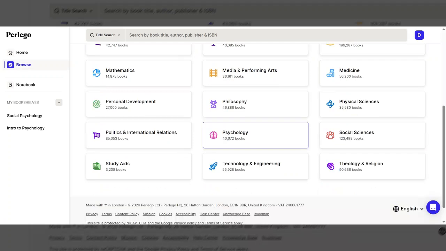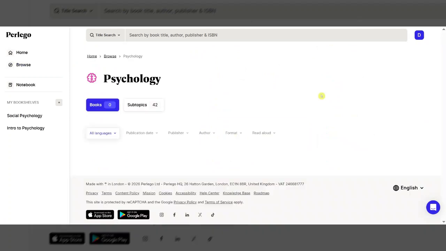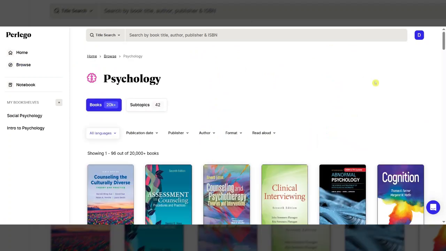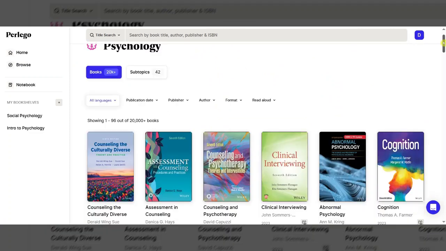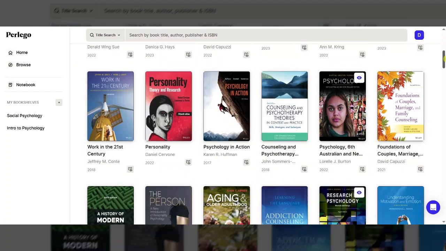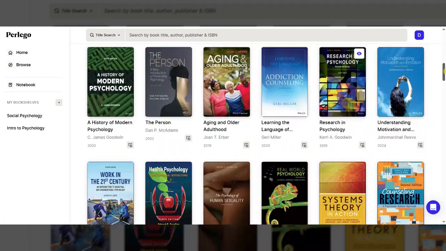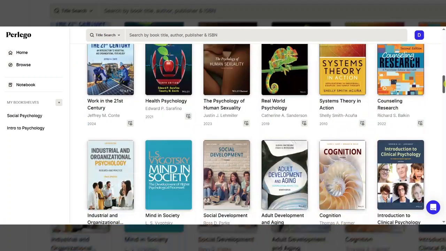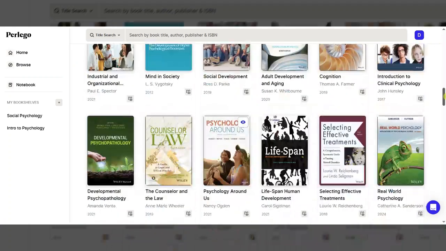So you can browse that, but also just be aware there may be some overlap. So something like social sciences, you see 123,000 books, or even personal development, you might find stuff in there as well, which would be in the same area as psychology. But obviously psychology is the main one you'll be looking at. You can click into that then and it'll give you a selection. And as you said, there was 40,000, so you could easily miss out on some stuff by doing it this route, but it should give you the most relevant stuff first. So you could have a flick through there and you might find something without having to search at all.